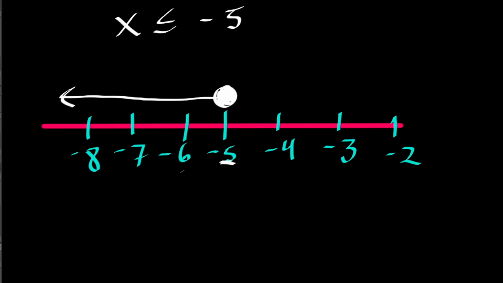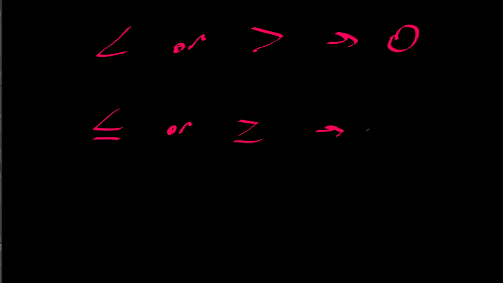Just remember, in review, this is one of the most often missed parts of this. If you see less than or greater than, that means you're going to draw an open circle. If you see less than or equal to or greater than or equal to, that's a shaded